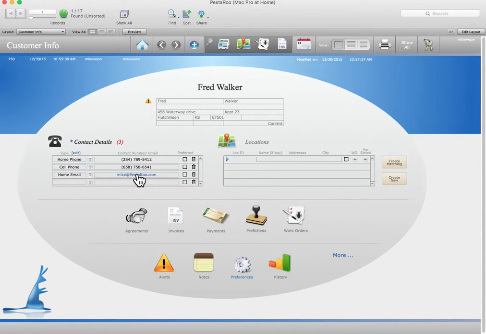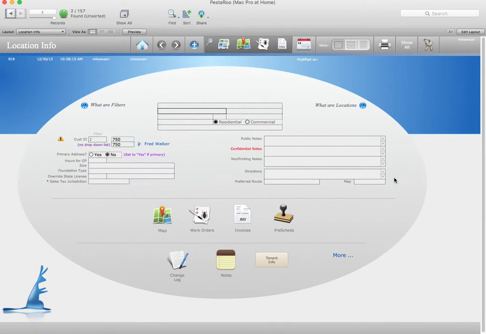Now, one more critical thing with every customer you put in, and that is to create a location where you will apply treatments. Now, normally that's going to be a match of the customer. So all we have to do is create matching. But if we wanted to put a new one in, because perhaps they have a rental property, we could click here and quickly type in a different address, South Waterway, and we'll even put it at the same